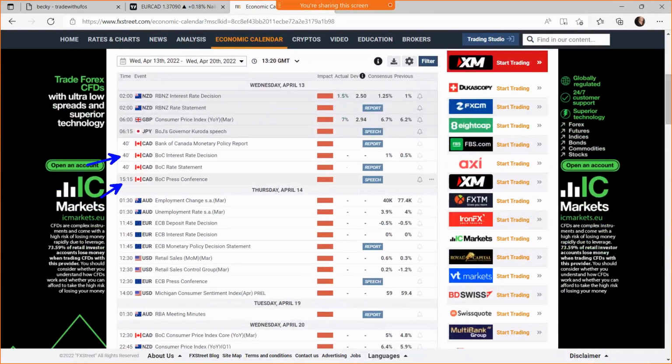So I'm not saying let's avoid the Canadian dollar, but if we have other choices, let's choose them instead of the Canadian dollar. And then we can see that early in the morning, my time, early hours of tomorrow morning, we have some news coming out that could affect the Australian dollar. Then news throughout the day tomorrow that could affect the euro and the US dollar, and again, the Australian dollar